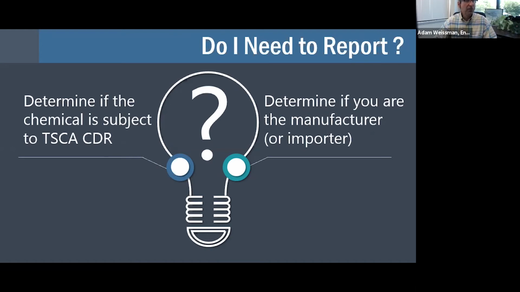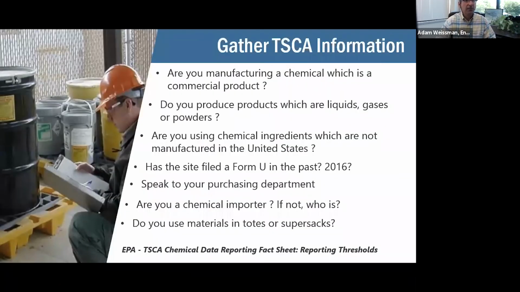And one of the things I wanted to share, which I think is very simple but at the same time powerful, is the concept of get out in your facility and really take a look at the process and take a look at your product. This is really going to be one of the first steps in understanding, is this a regulation or report that's applicable to you?